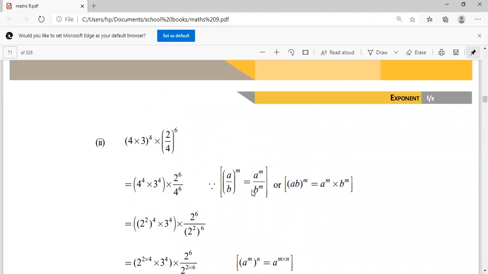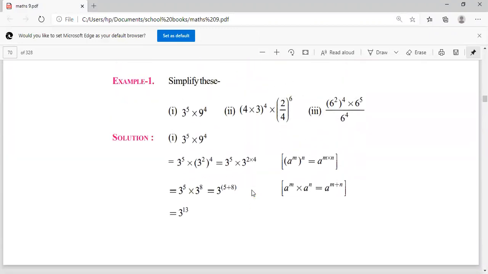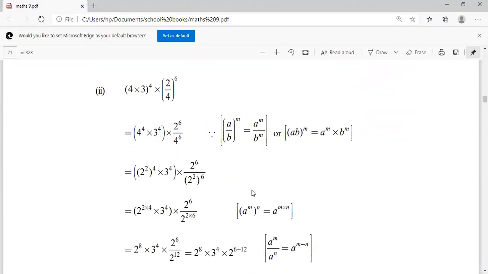Let me tell you the second one also. Question number two is (4 into 3) whole to the power 4 into 2 upon 4 whole to the power 6. So using your formula that (a b) whole to the power m is equal to a to the power m into b to the power m, using this formula, you can write